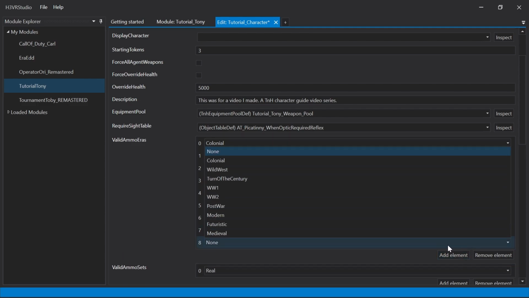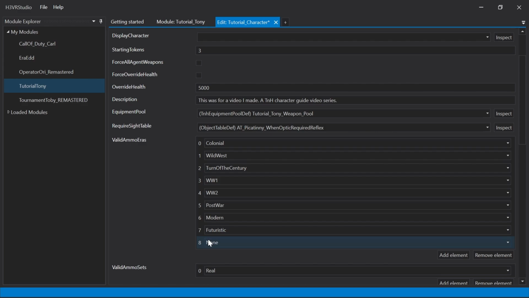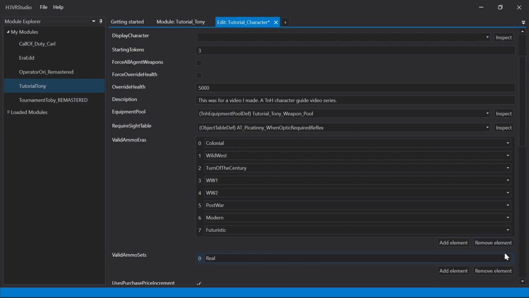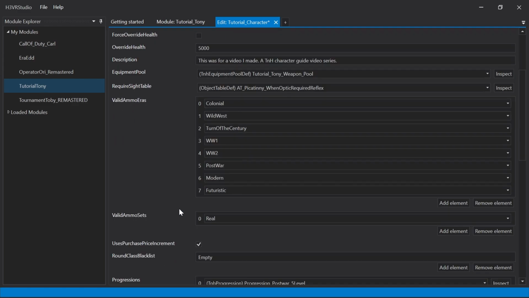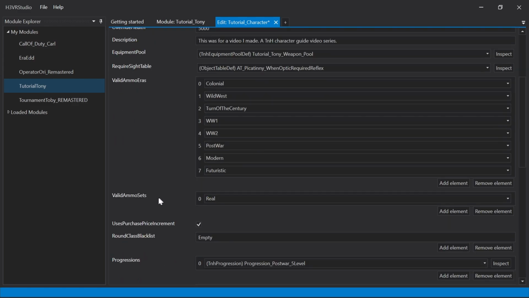Yeah, just kind of keep this fully filled out from colonial all the way up to futuristic. Or if you just want to leave it to World War One, World War Two, stuff like that, you can do that too. But moving on to valid ammo sets, I would probably at the very least have this set